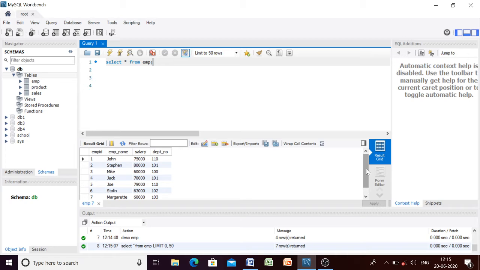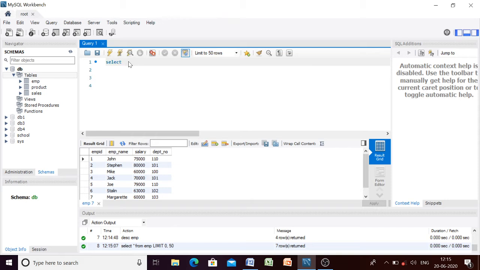So basically what I want is to add the salary of employees working in a particular department. Okay, that means I want department wise total salary of the employees. What I want? Department wise total salary. For example, if in 101 two employees are there, then the sum of the salary of those two employees should be in our result. So similarly, department wise total salary we want in our output. For that what do we have to write?